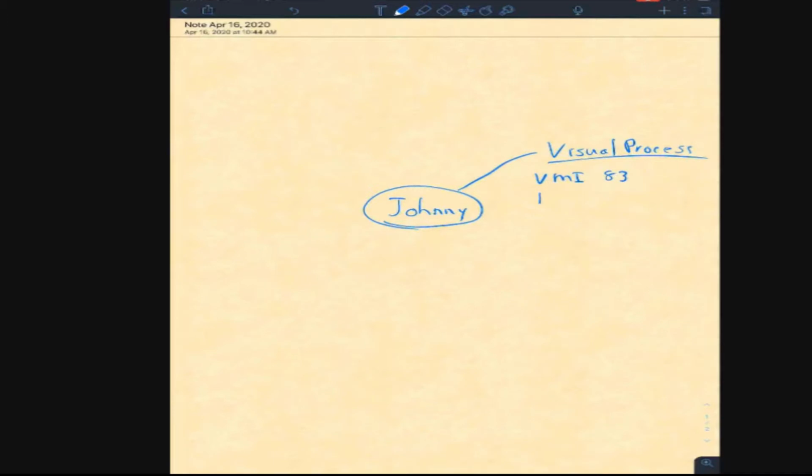On the matrix, he scored a 90. Block design, got an 80. And verbal spatial,